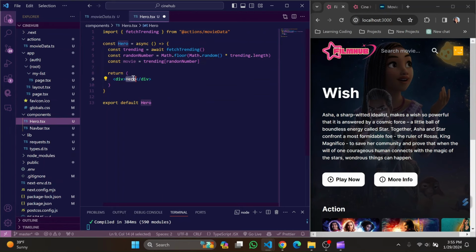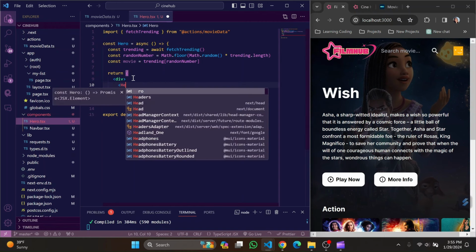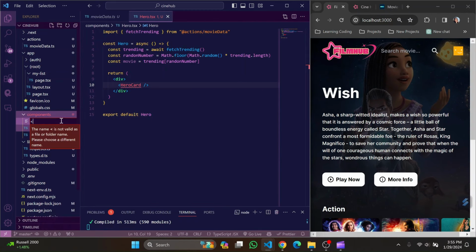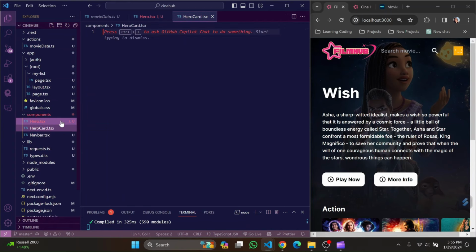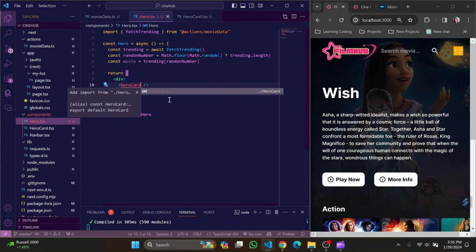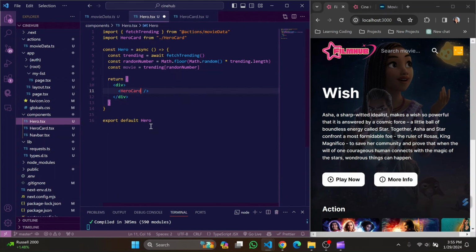Now in the hero, I will have the hero component. Sorry, hero card. So I will have the hero card component, and just create a new file. I will have hero card.tsx, and then import the hero card. Okay, I want to have separate components because this component will be the client component. And if I use the client component directly in the hero here, for example, if I don't have the hero card, everything I will put inside one component,